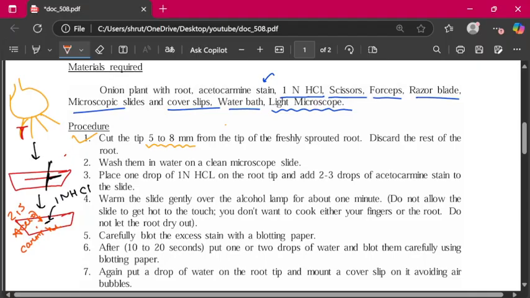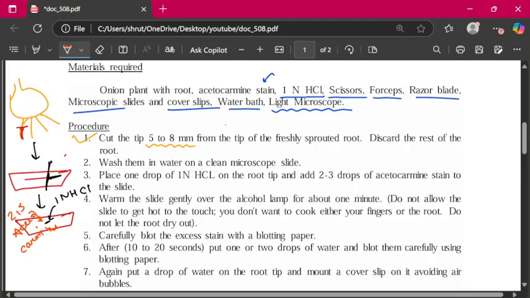Then you have to warm this slide gently on the alcohol lamp for about 1 minute. Okay, then carefully you have to blot the excess stain with the blotting paper. So here in the